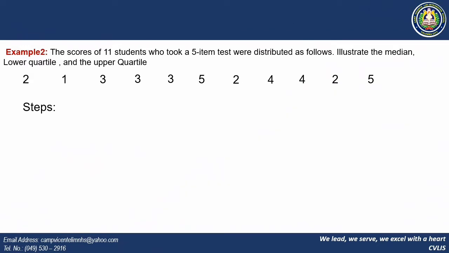For the second example, you are asked to illustrate the median, the lower quartile, and the upper quartile of the scores of 11 students who took a 5-item test. Here are the scores: 2, 1, 3, 3, 3, 5, 2, 4, 4, 2, and 5. As you can see, the scores of 11 students were not arranged in increasing order,